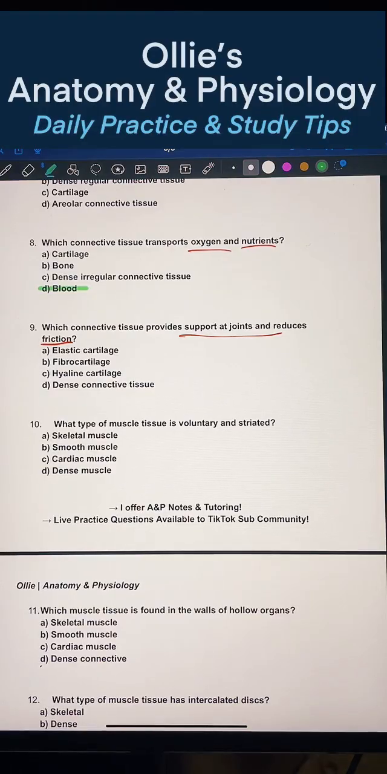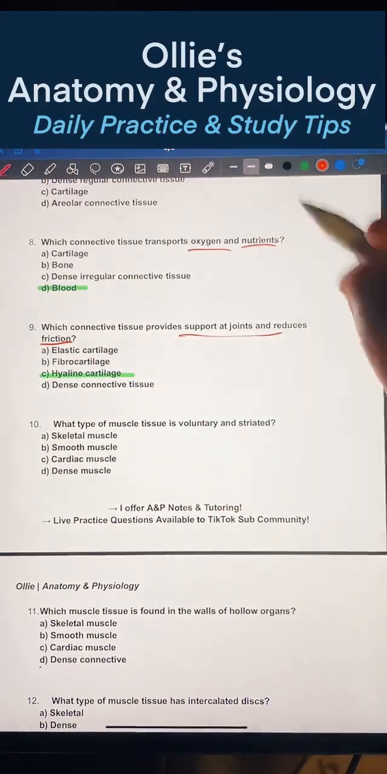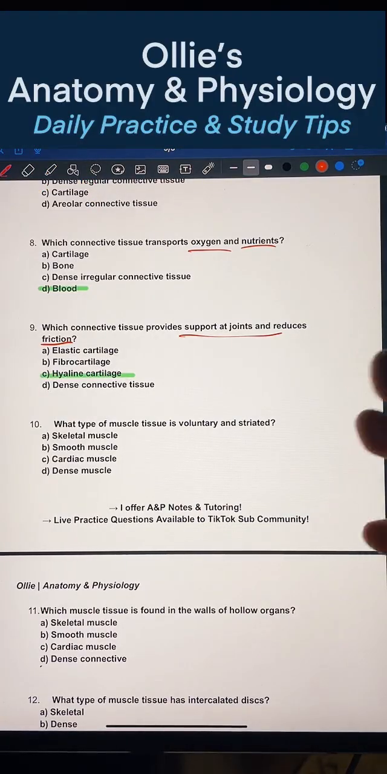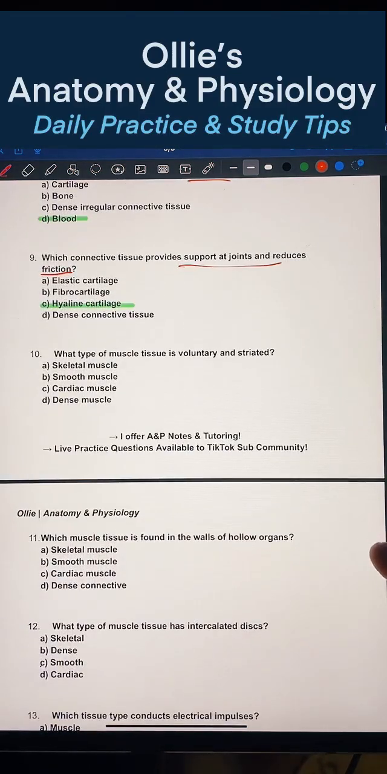Number 9, the answer is C. It's hyaline cartilage. Smooth surfaces at the joints. Hyaline, like I mentioned, is going to provide a smooth surface at your joints that reduces friction and absorbs a bit of shock. Number 10, which type of muscle tissue